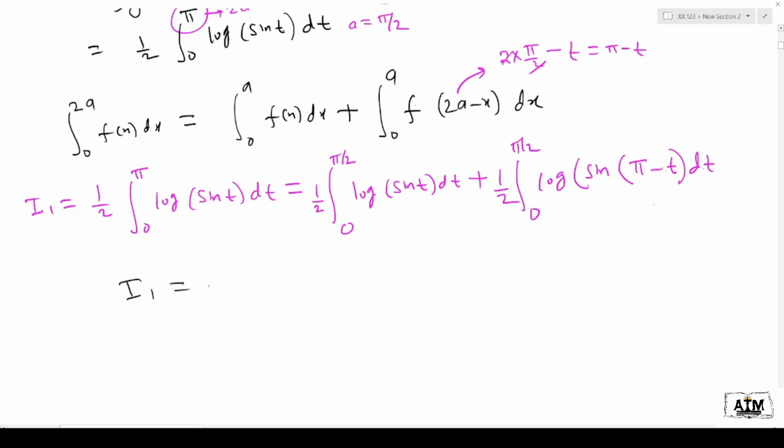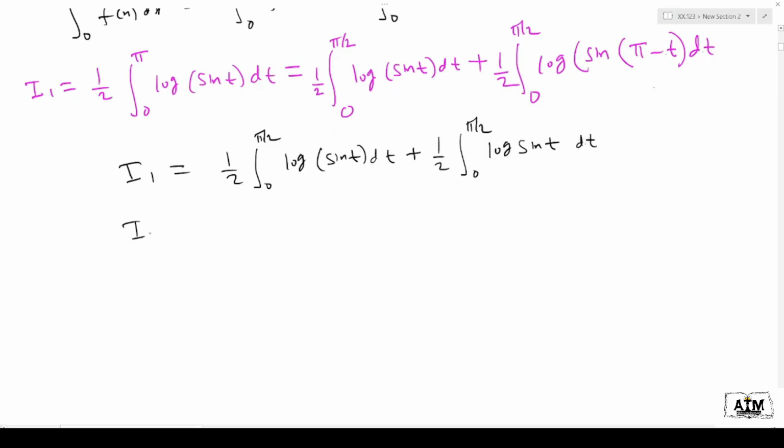Therefore I1 equals half integral 0 to pi by 2 log of sin t with respect to t plus half integral 0 to pi by 2 log of sin t with respect to t. Therefore I1 equals half is common, integral 0 to pi by 2 log of sin t with respect to t plus integral 0 to pi by 2 log of sin t